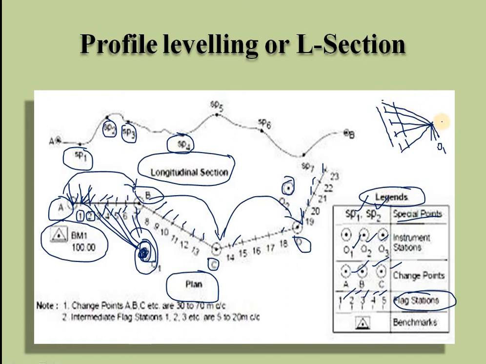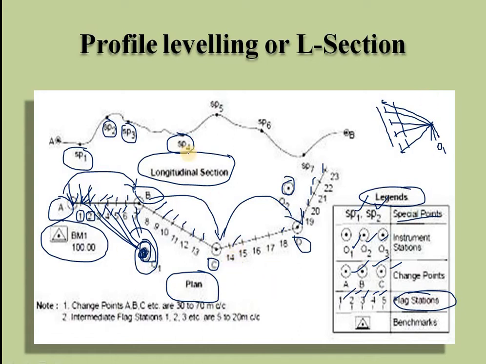So like this I will be keeping the instrument beside the site location of the road, and I will be taking readings on the center line of the alignment points. So in this way also I can take the readings. These are known as back sights, intermediate sights and fore sights, or points 1, 2, 3, 4, 5. And again I will be changing to another point. The instrument will be kept somewhere beside the road. I will be taking the further points, just like station point 5, 6, 7, 8, 9, 10.